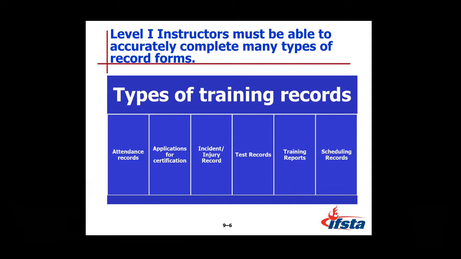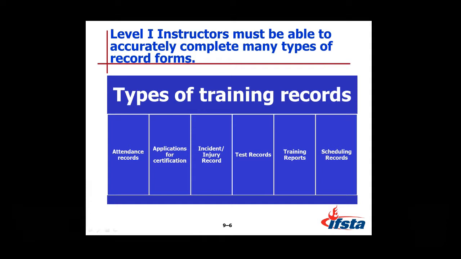Incident or injury records. Let's say you're out on the fire ground or the training ground and you have a student who falls. You have to complete an injury record or an incident report, so that information can be passed down to the training division and also to the department secretary or whoever handles your work comp issues. Test records. All of your tests have been done online, so I haven't had to do any real test records. But I can go back and look at the questions that you answered, because they have a question bank that they pull all that information out of. I can actually go back through your tests and see what you've been having issues with the whole time through.